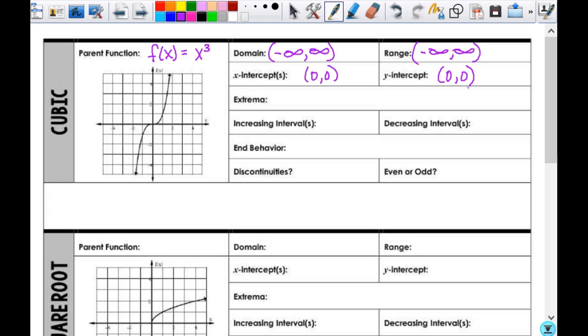Are there any extrema or critical points here? Point of inflection, good. There's not technically extrema, but remember I told you we're going to put the critical points in there. So we have this point right here, 0, 0, is a point of inflection. Now, we can abbreviate point as